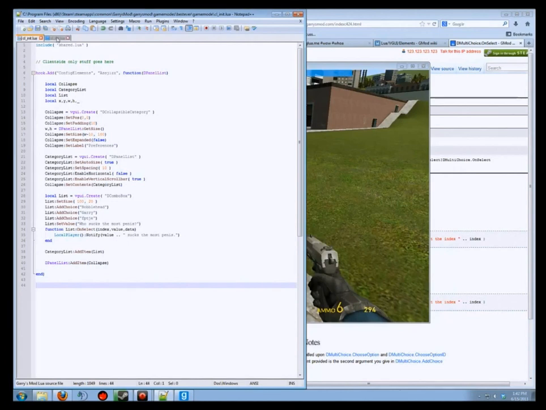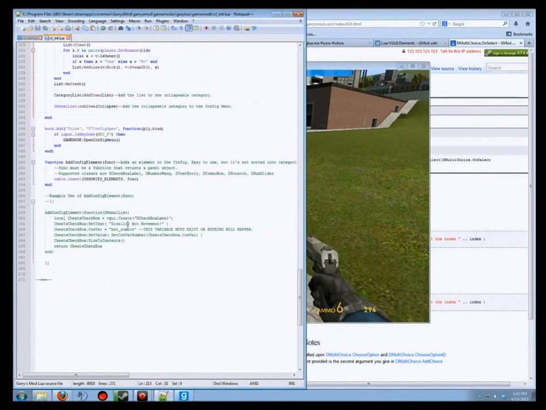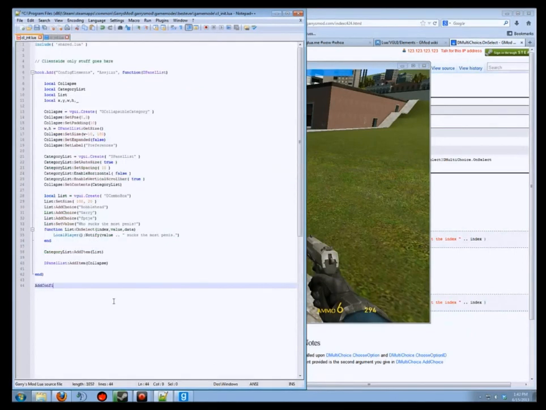There's another way to add to the config menu, and that is with add config element. It's a function defined in Graybox, which when it's passed an element, adds it to a special section where things are much easier and work out just fine. So we're going to do that. Add config element function. It's a function that you're going to be using, and just like the last hook, you're going to do